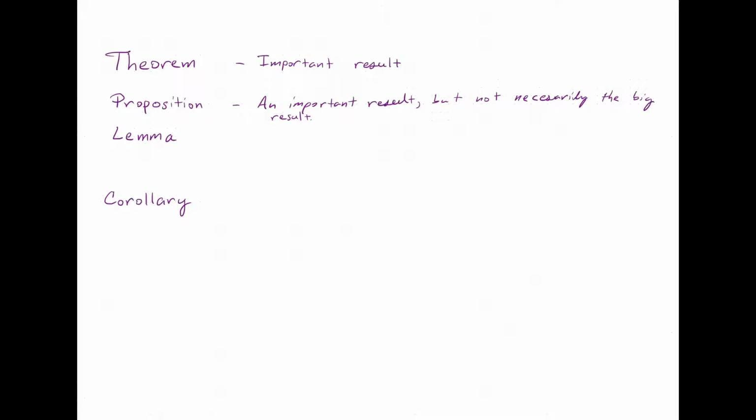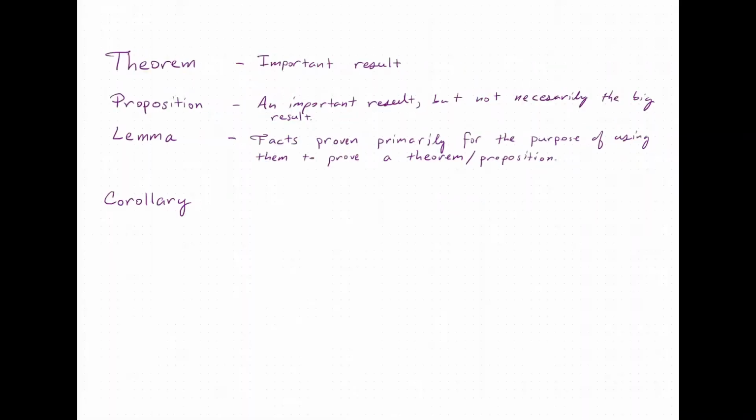Usually when I do my lectures, I will label things proposition, and for a result that we will probably use again later, or has a significant historical background, I will label those theorems for those reasons. Now, a lemma is also a theorem, but